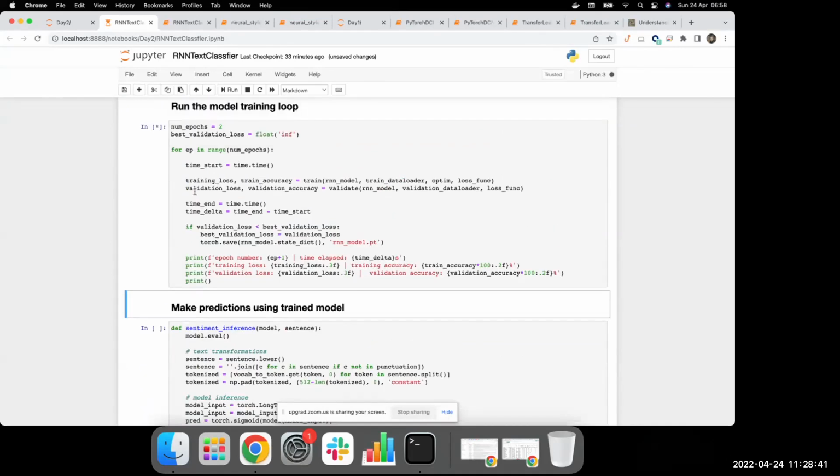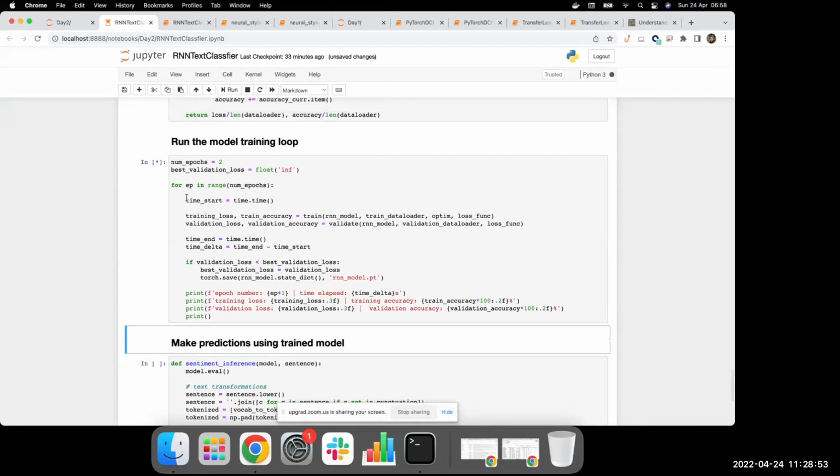Sir, one small question, please. Sure, I'm sorry for disturbing you in between. You said there is no backward propagation, only forward. So how do you differentiate: does one epoch equal backward plus forward propagation, or only forward propagation?